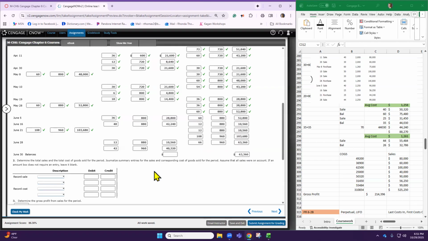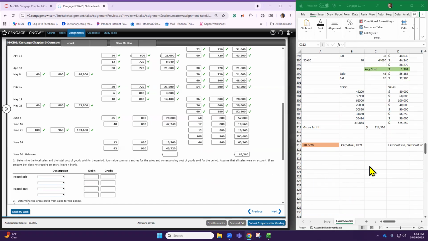But we then, okay, let's go ahead and figure what we have here. So I'm going to do pretty much what we did up there. We're going to have cost of goods sold. Okay, and then we're also going to have sales, because we've got to do some journal entries here. All right, so the cost of goods sold,